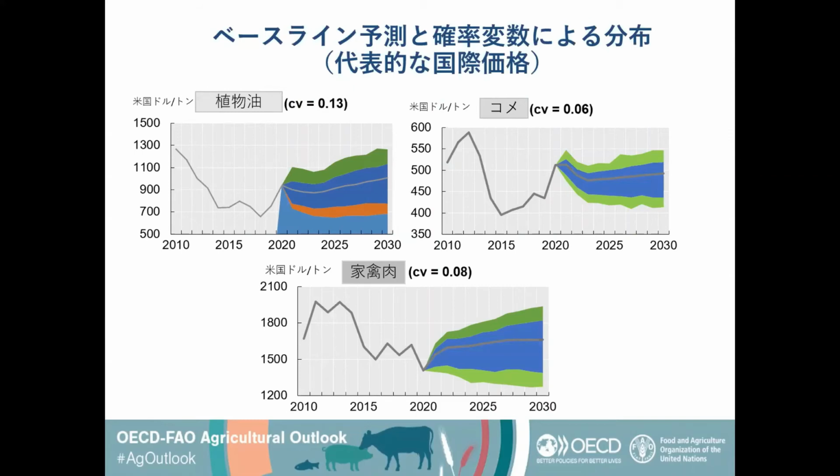Those we used and varied, based on what we saw over the last 15 years, the same with yields. And then we added that into the model in AGLINK-COSIMO as shocks to run the model 1,000 times with different combinations of those kinds of shocks to see what happens. And then you see already the fan of prices we project into the future for rice, vegetable oil, and poultry